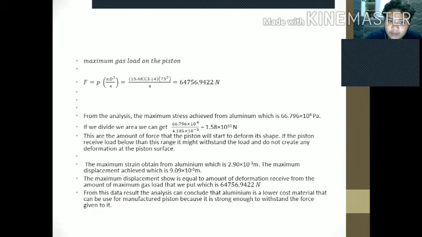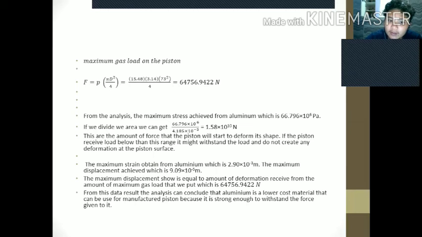For the maximum gas load on the piston, we use the formula force equals P times pi by 4 times D squared. So we got the value 64,756.9422 Newton. From the analysis, the maximum stress achieved from the aluminium is 66.796 Pascal. If we divide by the area, we can get 1.58 times 10 to the power of 10 Newton. This is the amount of force at which the piston will start to deform its shape. If the piston receives a load below this range, it might withstand the load and not create any deformation